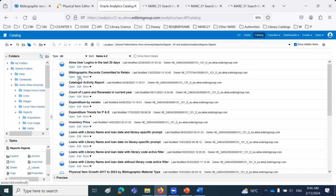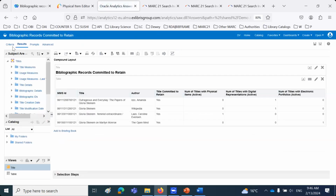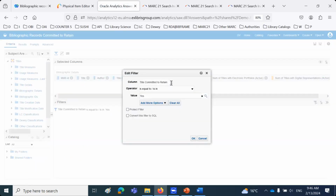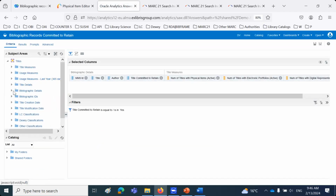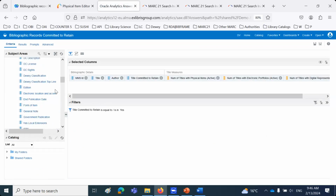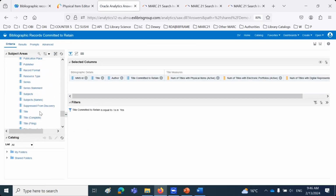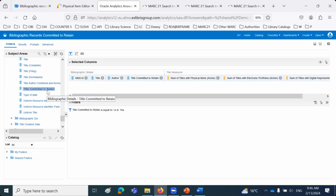So as far as bibliographic records committed to retain, what are we looking at here? We're saying title committed to retain equals yes. This title committed to retain is in the bibliographic details folder. So if we look at the bibliographic details folder here, we have a field called title committed to retain. Where is it? Here. Title committed to retain, and I have filtered by yes. So all you have to do is filter by yes, and you have title committed to retain. I made this